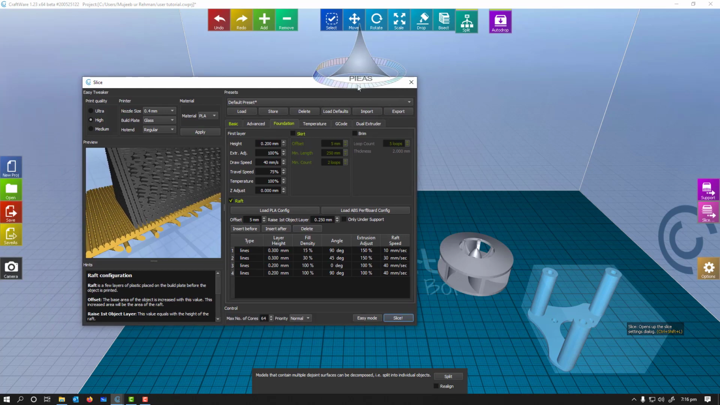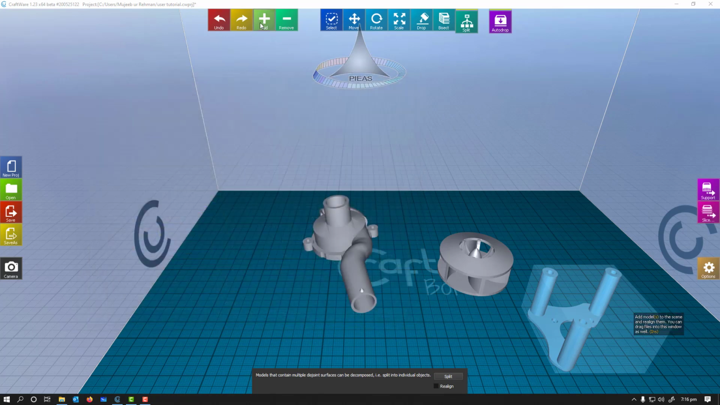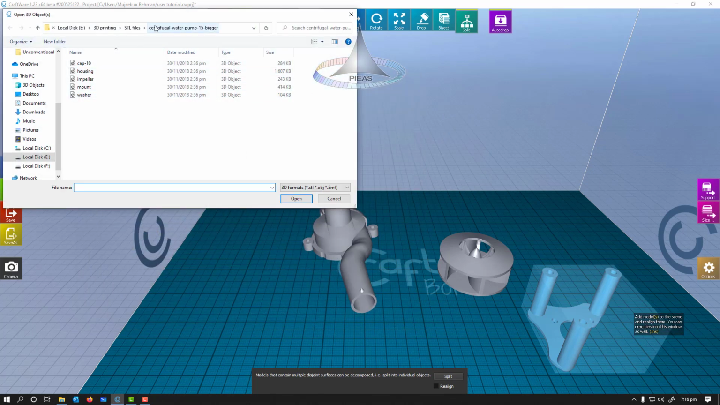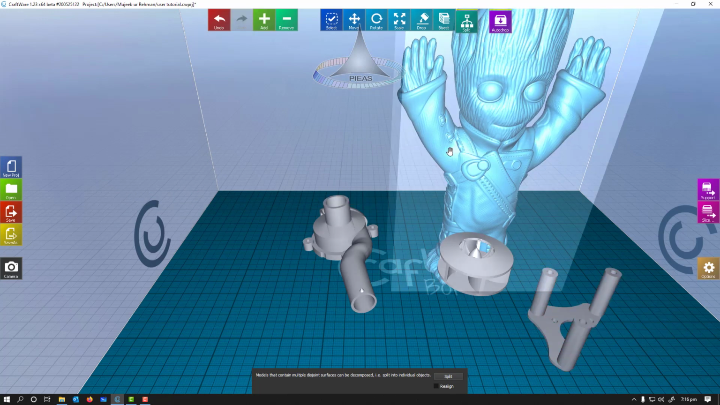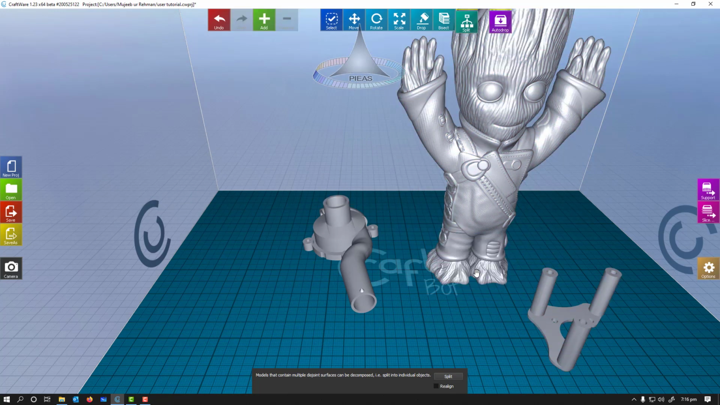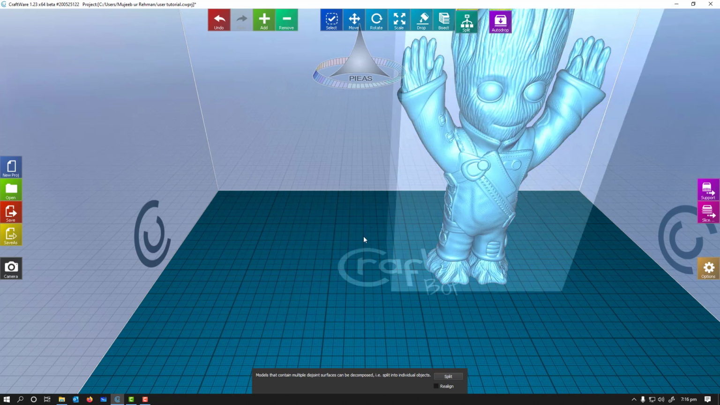For example, if you have a sleek part and you want to print that part vertically, I'm going to add here the baby Groot. Let's open it. It will take time because it's a very long file. So if you have a part,